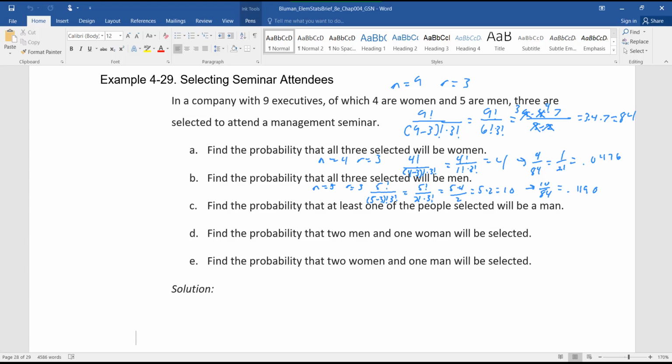No, I don't think that's going to be the same. It might be. You know what? Maybe. Let's think about that. If I know I don't want any men, then I only have the 4 women and 3 of them are selected. That is, you're right. Because if no men are selected, then that means all 3 of them are what? Women. So we have done the work.